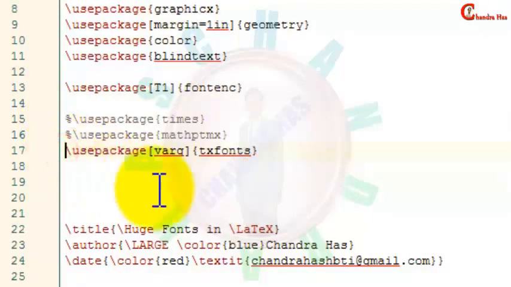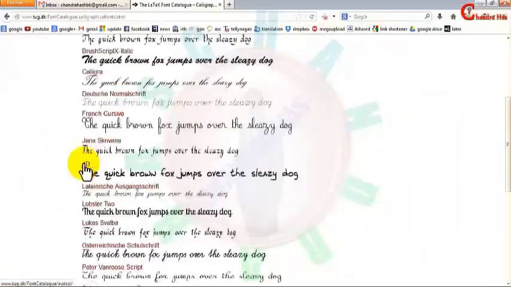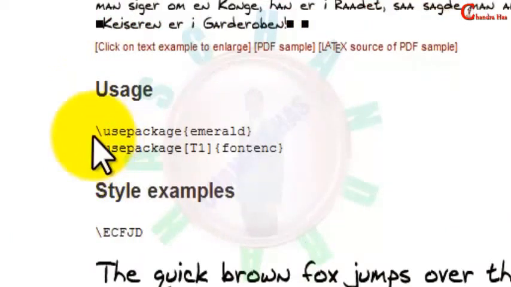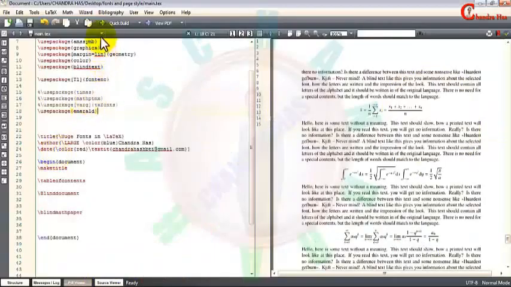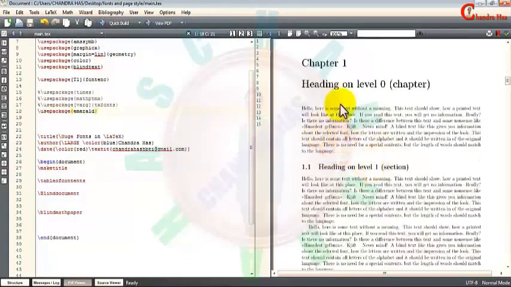Now we'll use some other fonts. We can use some handwritten fonts. So you can see that our fonts are not changing here in a handwritten format. So we will have to use one more command.